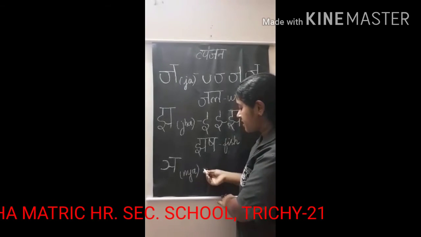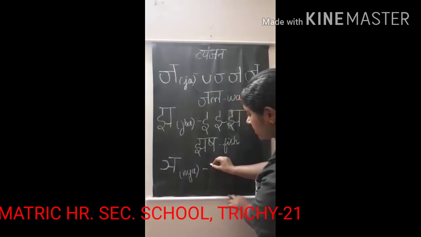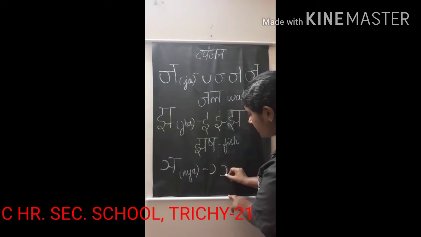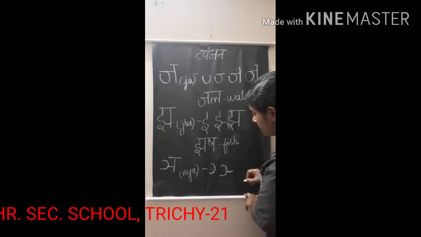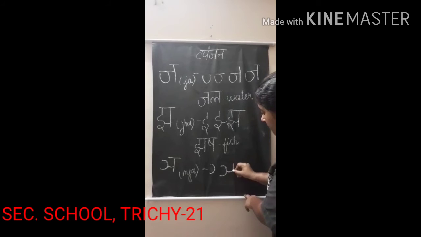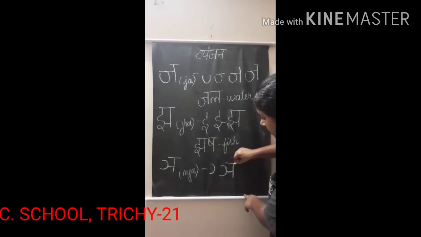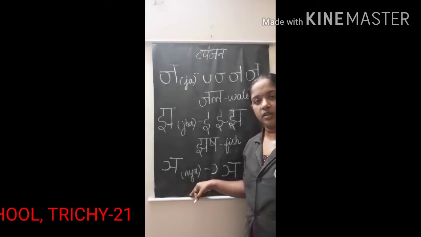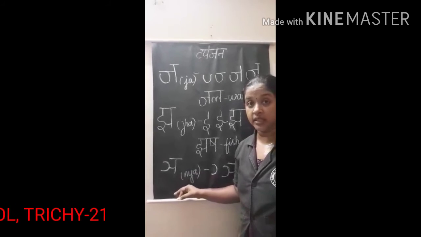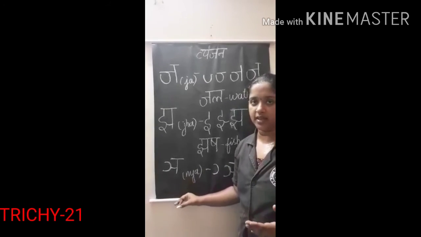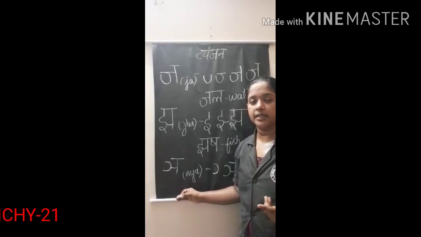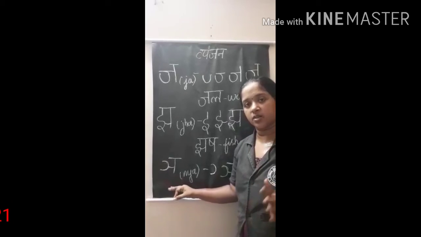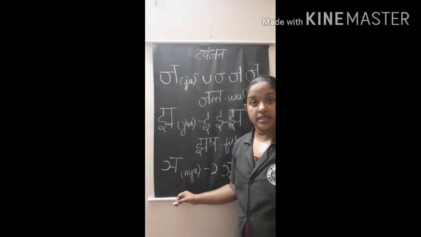Now let's see step by step how to write the vyanjan nya. First, one curve like this. In the middle of it, one small line will go towards the left, joining a straight line, followed by the sleeping line. This is the vyanjan nya. There is no word which starts with the vyanjan nya, similarly as with nga we learned that no particular word starts with nga.